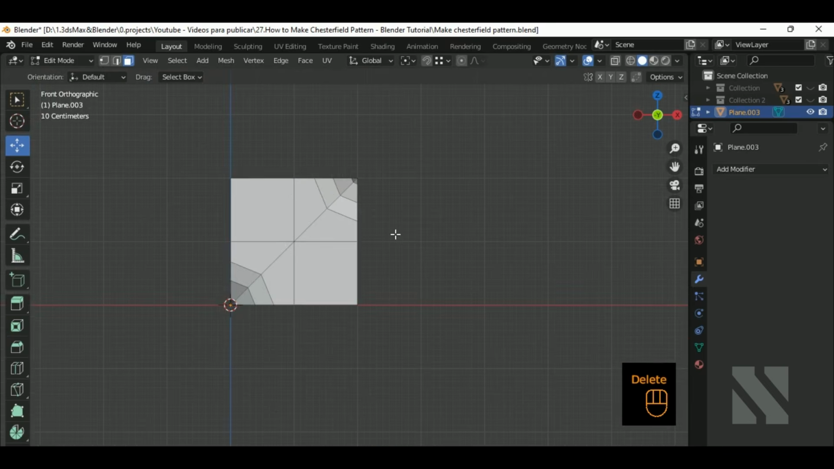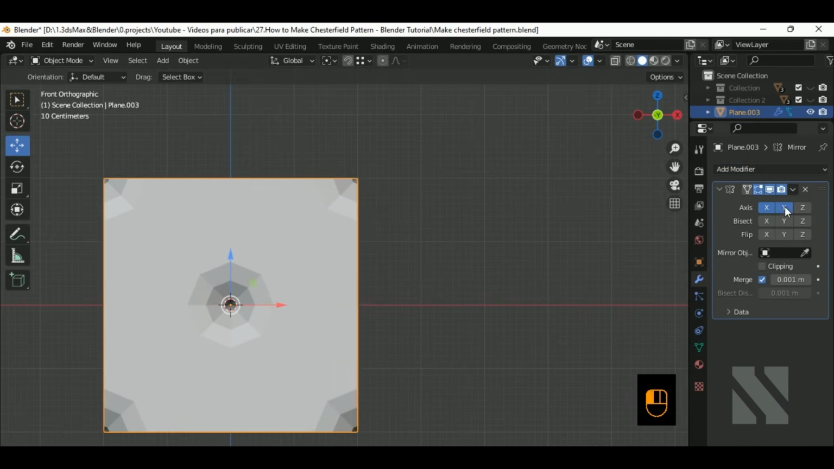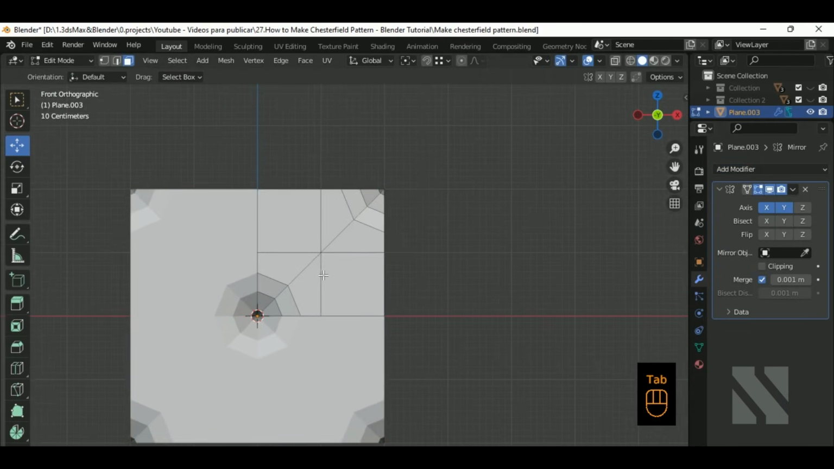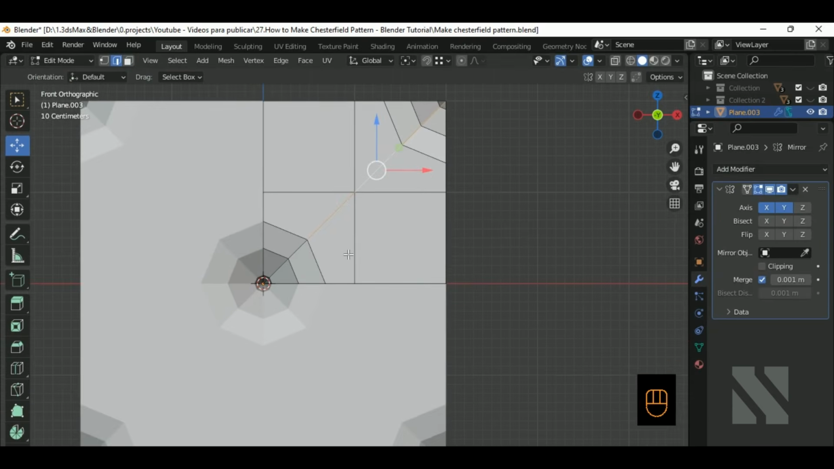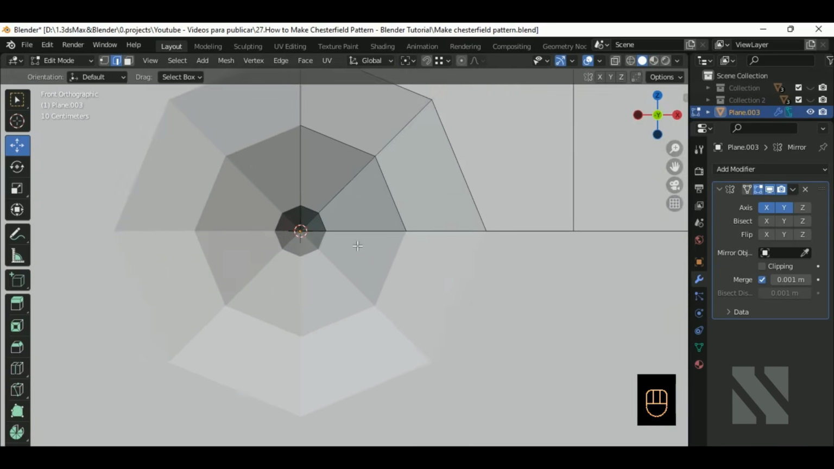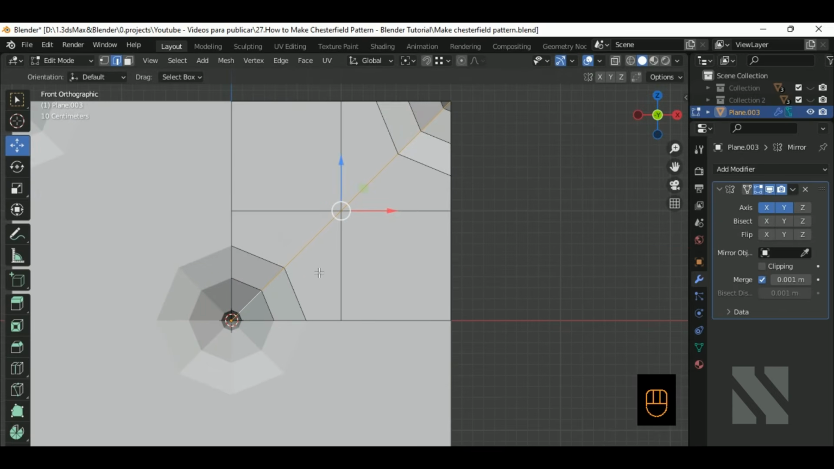Now let's add a mirror on the X and Y axis. I'm going to work only here. Select all these edges. Give it a bevel, Ctrl B, with two segments,